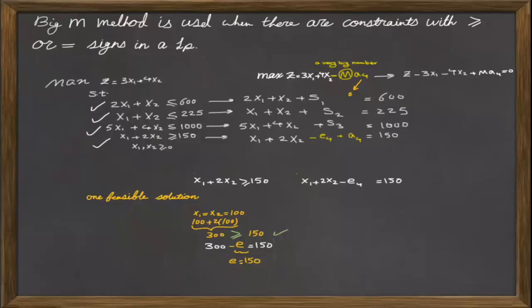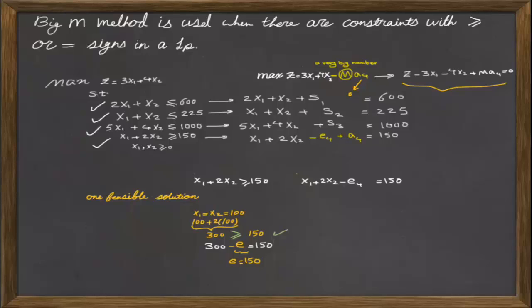Again, we have to standardize this problem, so we take all the decision variables to the left hand side and make the equation equal to 0. Now the thing that you have to pay attention to is to adjust your objective function before you standardize it. If you standardize and then add negative MA4, we'll actually try to increase the value of A4, which we are not looking for. If you define auxiliary decision variable A4 for your problem, then your objective function has to reduce